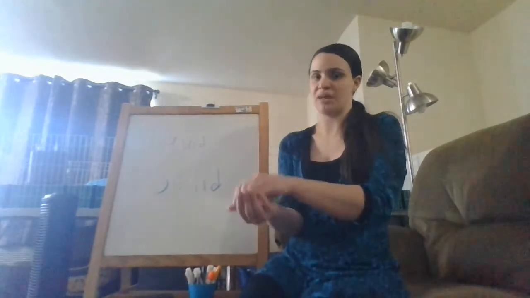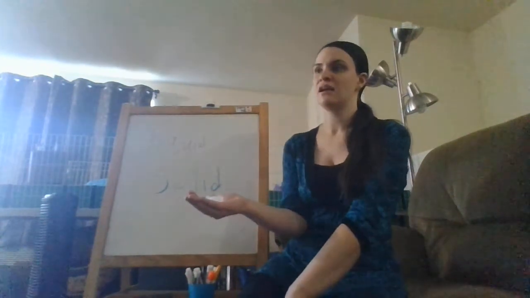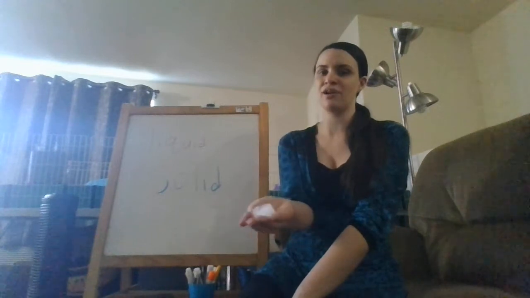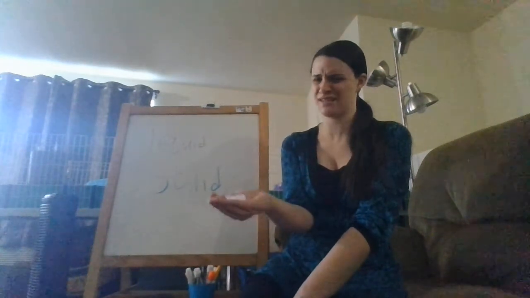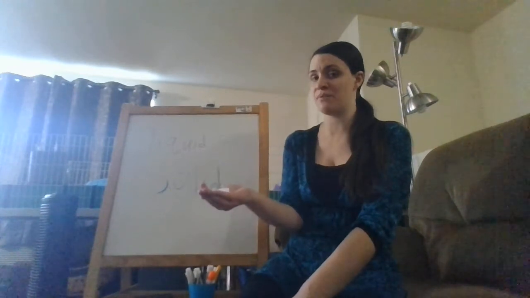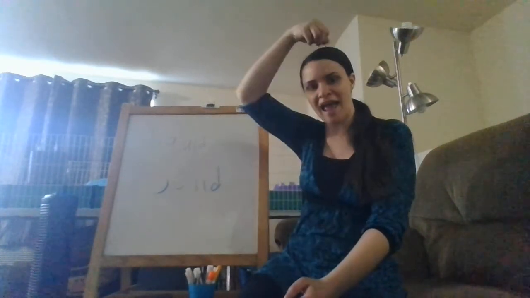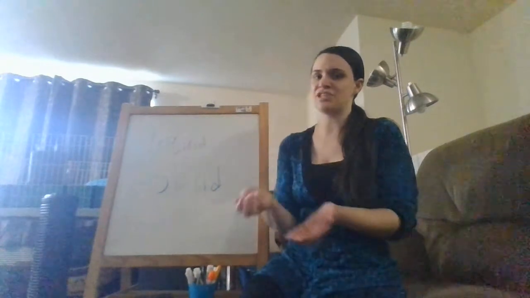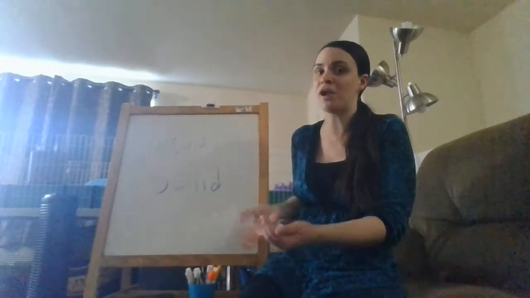And it doesn't take the shape of whatever it's holding. The water in my glass was shaped like my glass, but look, the ice isn't shaped like my hand, right? It's still shaped like an ice cube. So ice is hard, and it stays the same shape no matter what I do to it, okay? I could put it on my head, I could put it on the floor, nothing changes with it, okay? It's still the same shape, where my water changes shape.